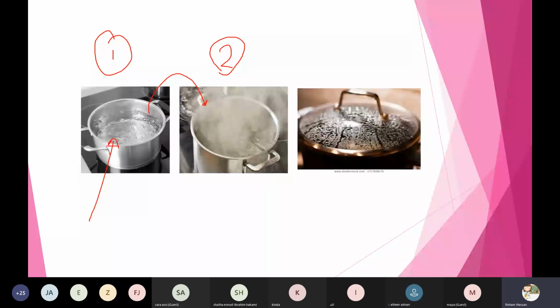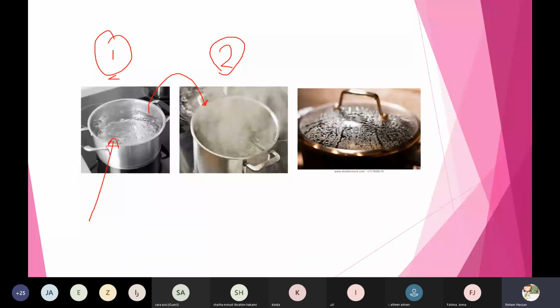Okay. Noura Saleh, are you here? Yes. Okay, Noura, tell me again, what about picture number 1? It is the water in a liquid. Amazing. And number 2, what happened? Gas. Yeah, this water changes into gas.